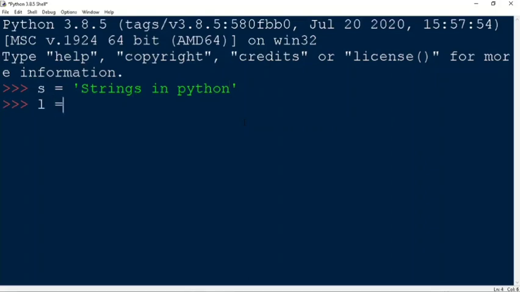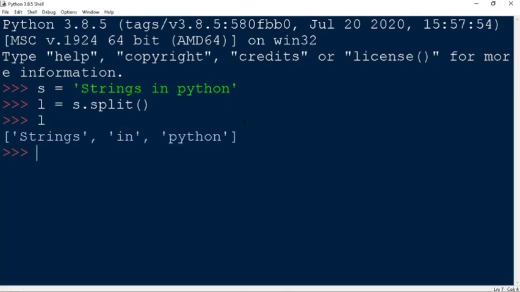I can split the string, so I'll split it using the space. So I'll get strings in Python as separate elements of a list. And now I can join these either by space, which is the original string, that is space dot join L,